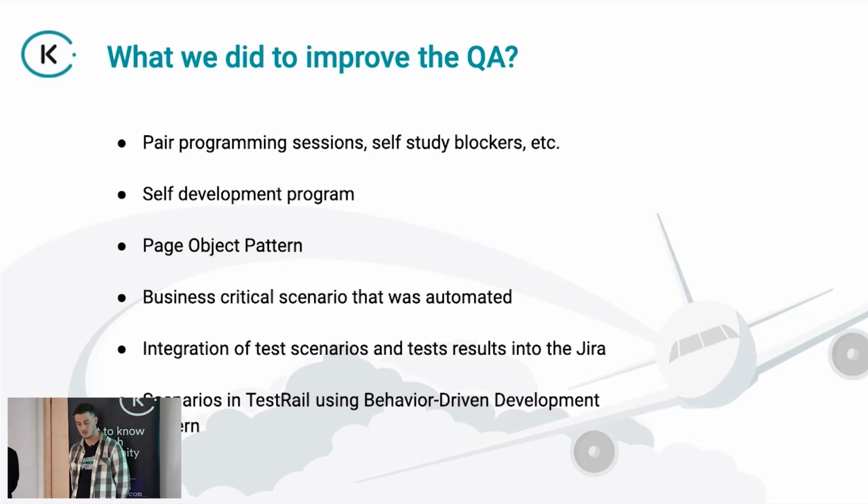Also, we started using the page object pattern, which helped us with increasing maintainability, readability, and technical level of code. About this topic, Tomáš will talk later. Together with devs and PMs, we defined most important features into business critical scenarios, which are covered by automated tests,